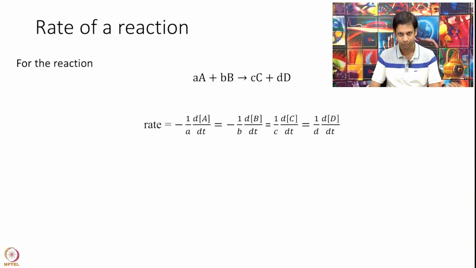So, let us begin. A brief summary of what we covered in module 1. If you have a reaction of the type that is written here, aA + bB going to cC + dD, the rate of this reaction we proved in the last module under the condition of constant volume is given below here. It is given by minus 1 over a dA over dt equal to minus 1 over b dB over dt equal to plus 1 over c dC over dt and so on. It is important to note, we use a negative sign for reactants and a positive sign for products.